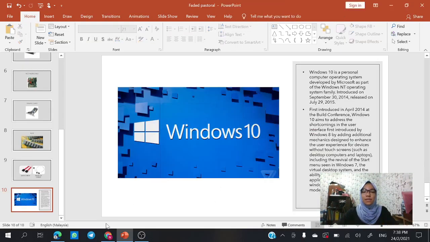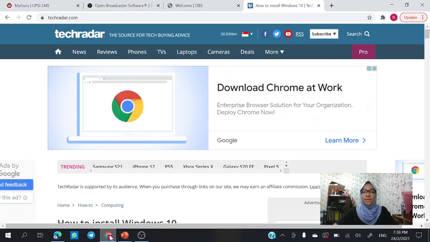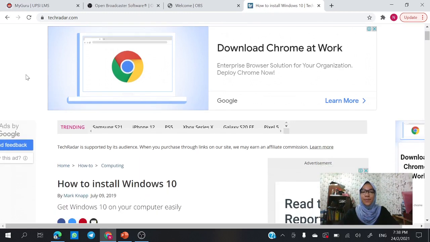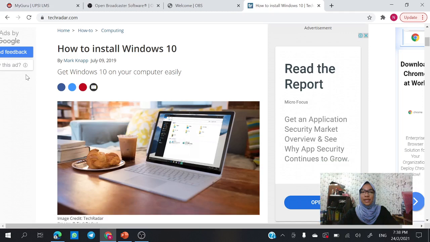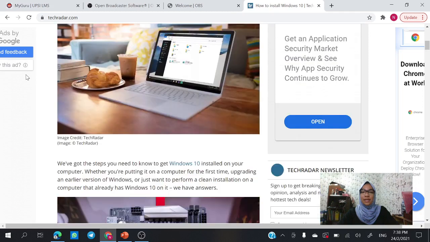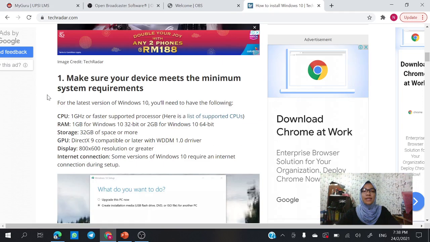So now I would like to introduce how to install Windows 10. So I have Googled the step by step on how to install Windows 10, and now in this website we will learn how to